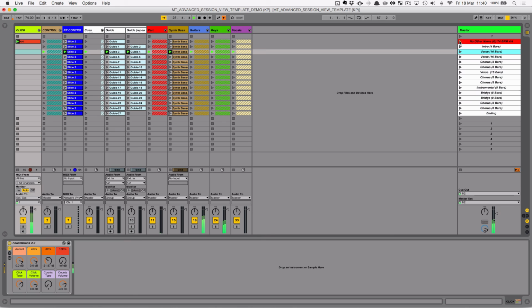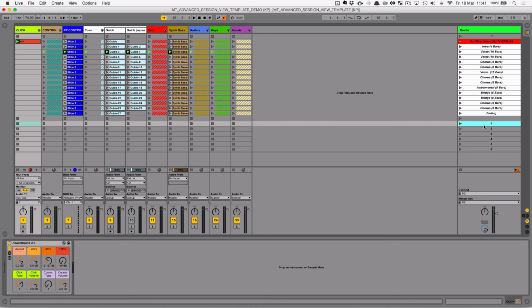And again, we could do this on any scene in any song. Once we've got the song set up, make sure you click collect all and save. That will bring the song into this template, and then you can take the original one that we edited, that you downloaded, and put it on an external hard drive or somewhere else on your computer, or if you use the Multitracks cloud, you can just delete it, so you can always download it from there, however you want to manage your files. And then we just leave a single line,